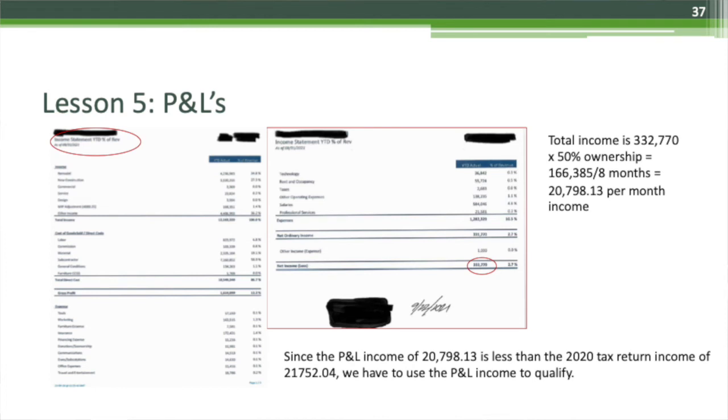They have an income of $332,770, but that borrower is a 50% owner, so he doesn't get all of that, he only gets half of it. So after you multiply it by 50%, he gets $166,385, and then you divide that by the number of months the P&L is through. This one is through August. So you divide that number by 8 months, and the monthly income that he's averaging so far in 2021 is